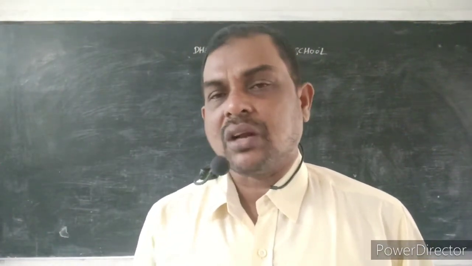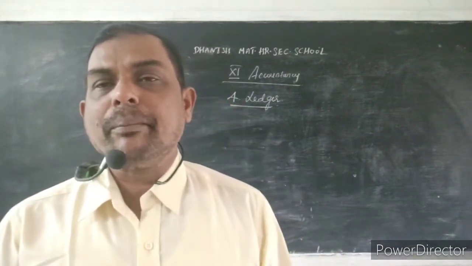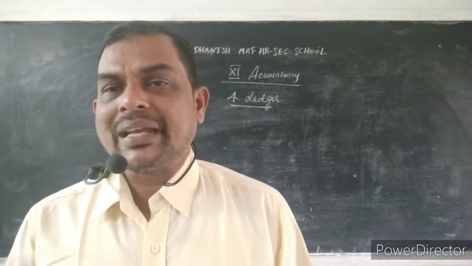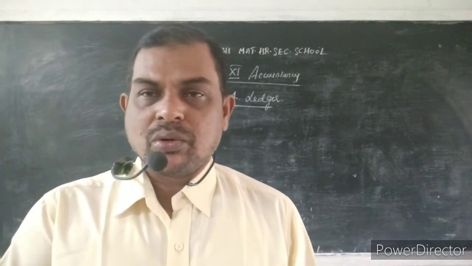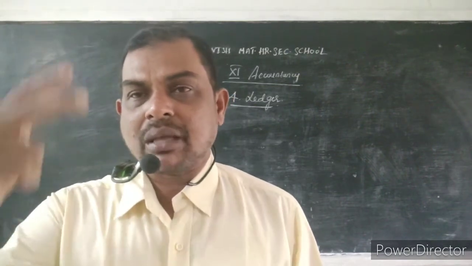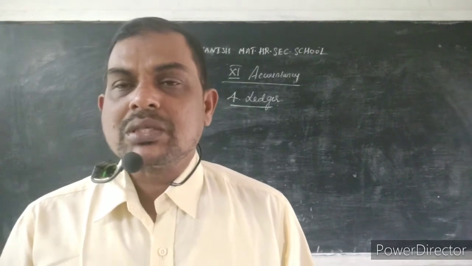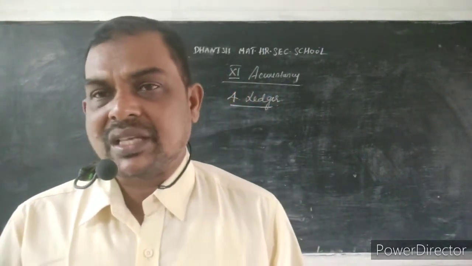Okay, ledger account. What is that called? The ledger account means the summary of individual accounts. But in the journal entry, we will get only separate details. Cash account, cash account, cash account. For example, for a month a minimum of 10 cash accounts will be there. Some cash accounts will be on the debit side and some on the credit side.